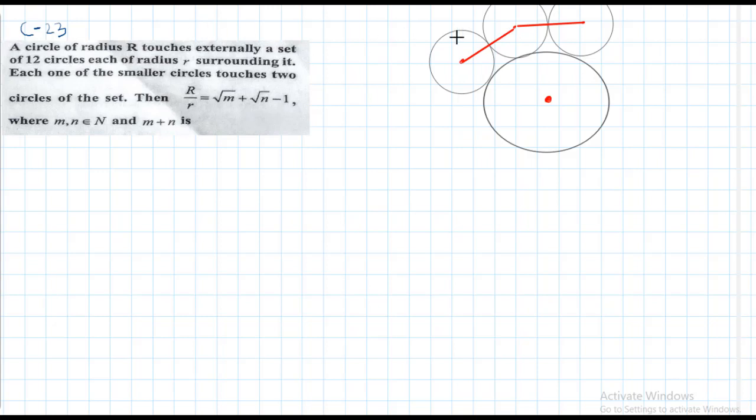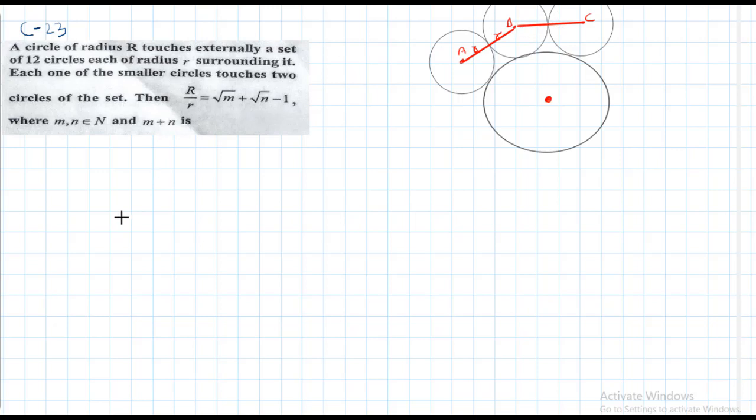Okay, like that, what happened? Here you get a regular polygon. Outside the bigger circle, it will form a regular polygon of 12 sides. This is one of the sides. I can say this is A, B, C. AB is one of the sides of such a regular polygon. So this is small r, this is small r. So the side of the regular polygon is 2 times r.